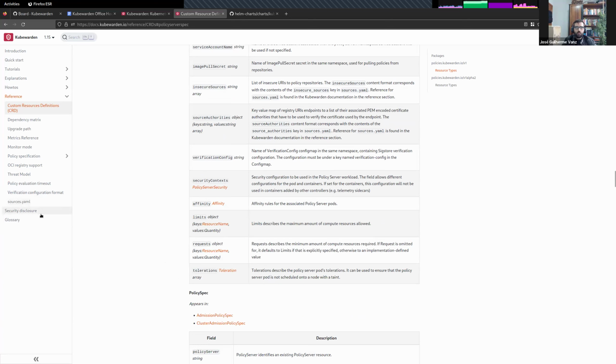What is maybe worth mentioning is that if you are using an affinity from past releases, you need to update your values, because the field used before to set the affinity is not there anymore. We moved everything to the global one. So you need to update your values file before upgrading. Good point. This is for the Helm charts, and I think it was in the changelog and the blog. Yes, exactly.